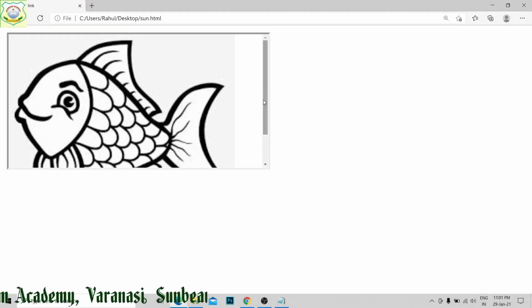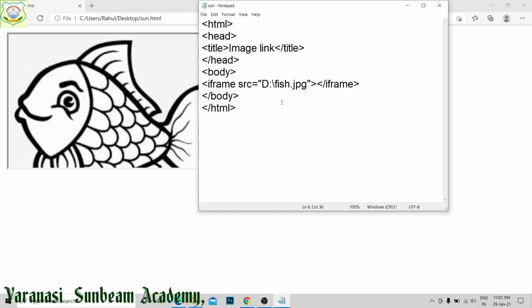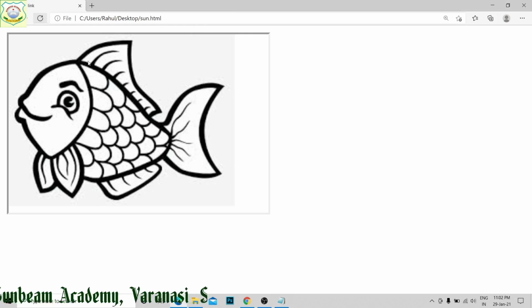You can see this has come because I have given a lesser height, or the size of the photograph is bigger, and by default it is not getting the height. Suppose I want to decrease its height. I give height equal to whatever value you want. Suppose I want to give height equal to 200. Save it. Now refresh it. You can see I am getting the complete photograph. Width also you can decrease.